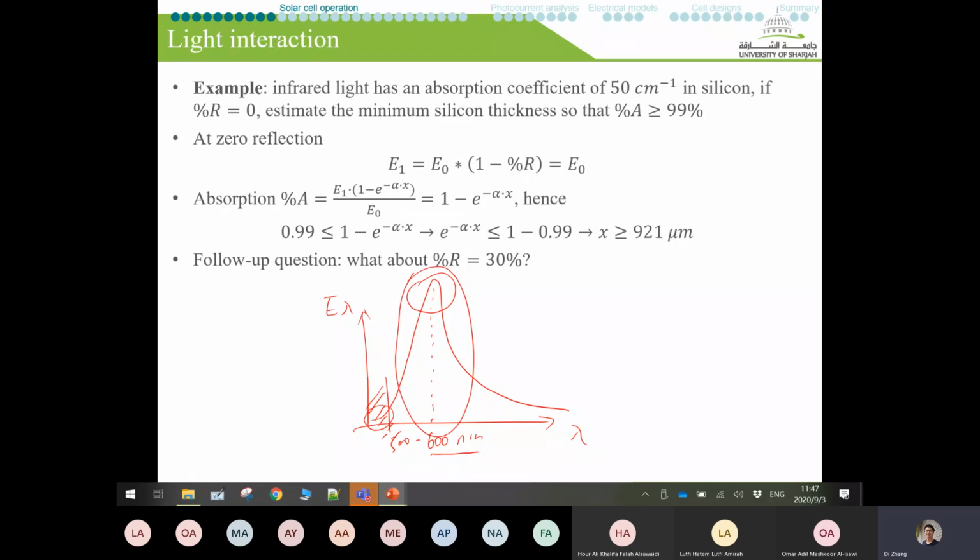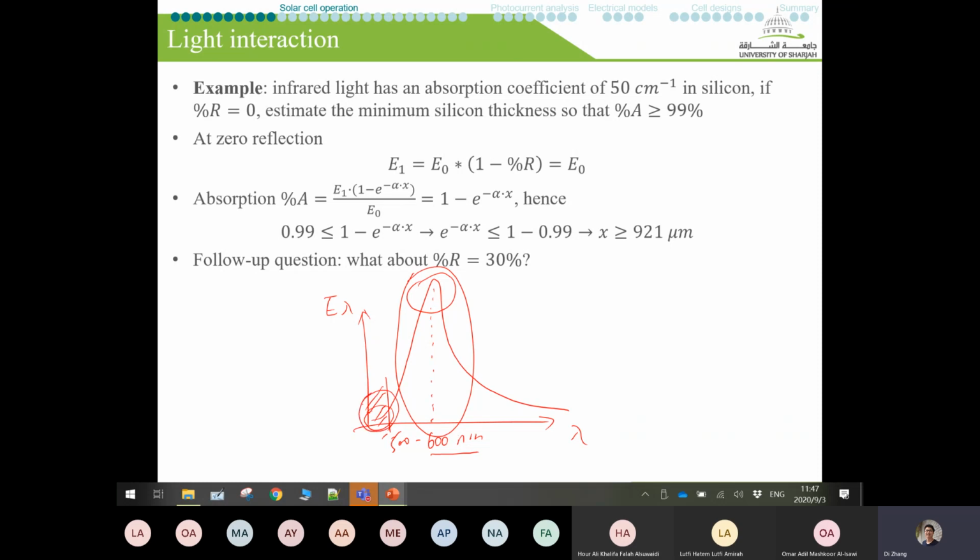At the same time, it shows a very good absorption behavior around this part. So at least for the peak, we are able to capture the photons here very efficiently. Okay, but typically the blue part is hard to consider, because even if you find a semiconductor that captures the blue part, okay,